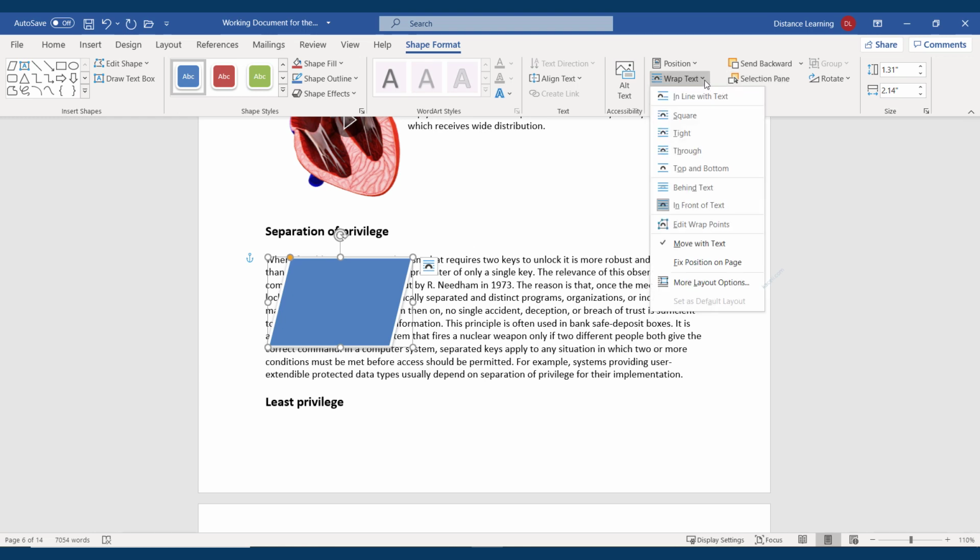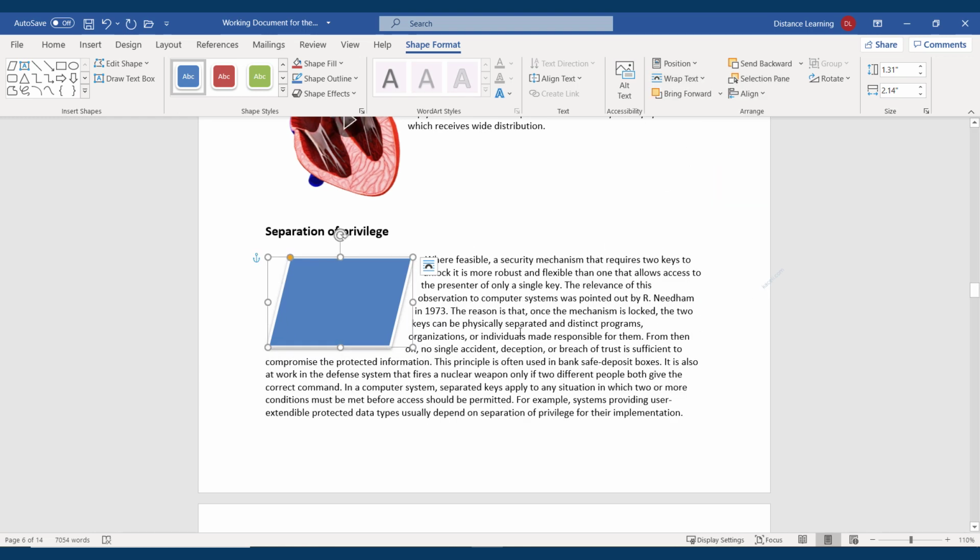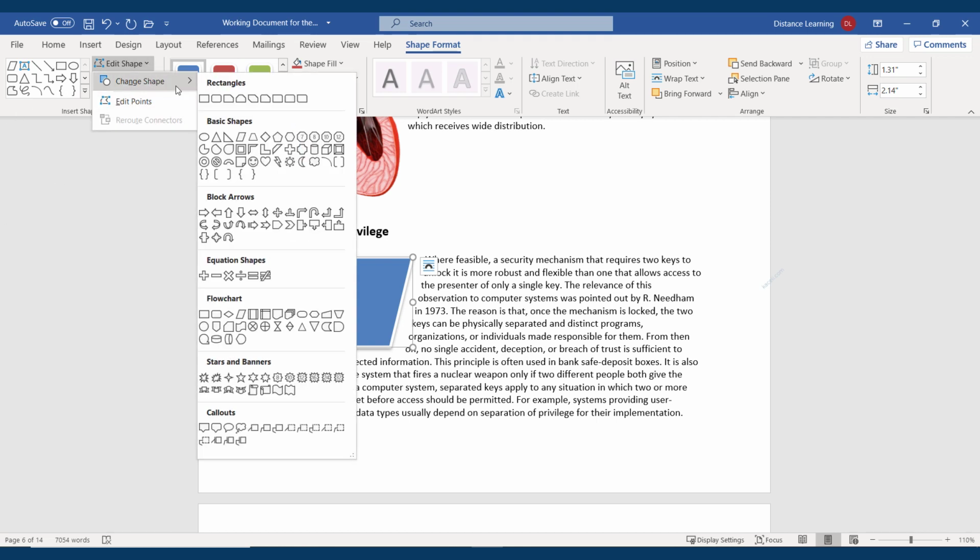And we can apply here the text wrapping to make it tight, and other components, and edit this. If you don't like this, you can change the shape from here using this tool, and it'll change it to something else,